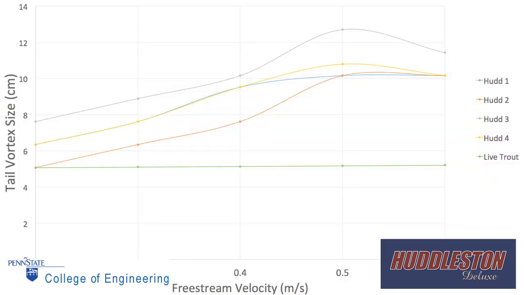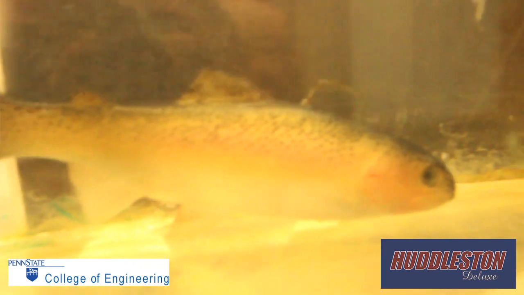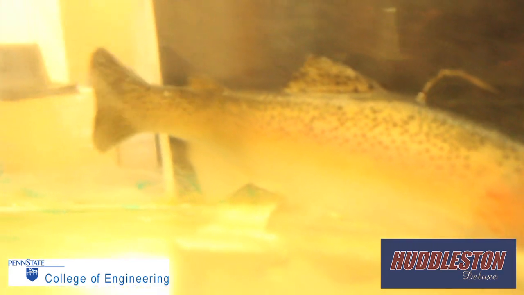chosen test speeds. As you can see here on graph A, the frequency of the tail increased linearly in accordance to the free stream velocity. In addition, one thing that was interesting that we found through our results and our testing was that once the speed of the water hit about 0.5 meters per second, the vortex created by the tail decreased slightly at that rate. The equations used to estimate the tail frequencies and vortex of a live trout were found through research studies